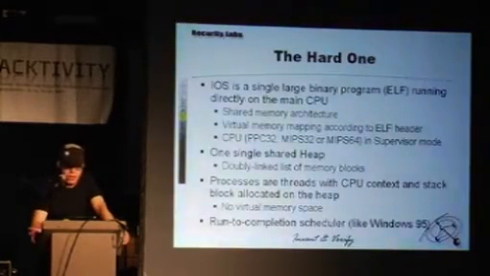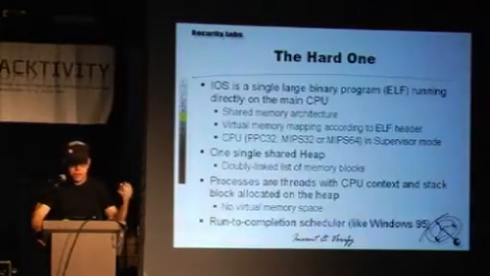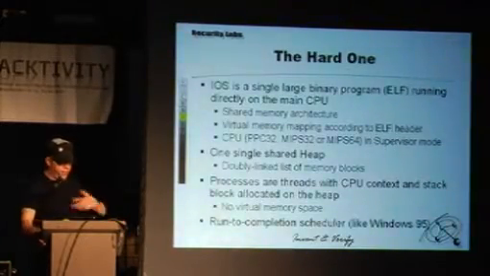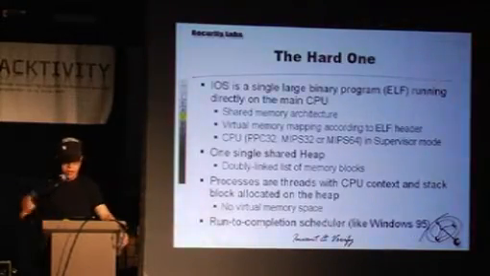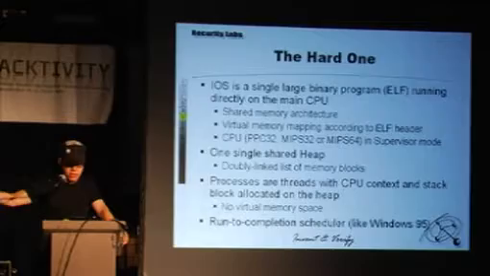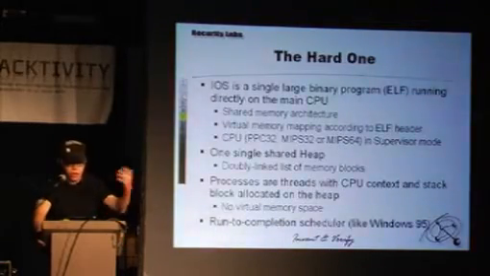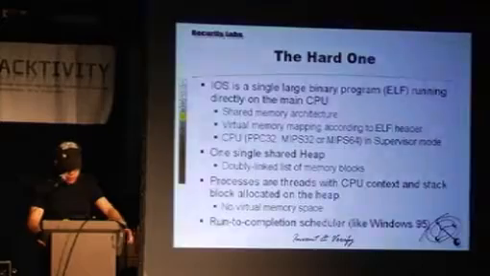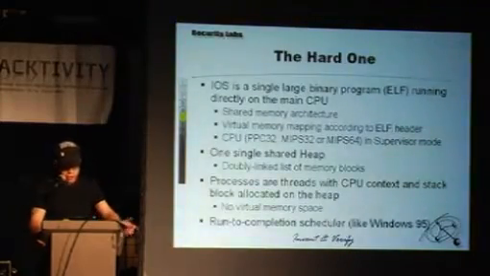They use a single shared heap, so every single functionality in this program uses the same heap. Like if in the FTP server you say I'm allocating 10 bytes, and in the OSPF routing daemon you're saying I'm allocating 10 bytes, you're allocating them on the same heap. So if something goes wrong, you're messing up the entire heap, right? And now you're probably gonna see why crashing is the only option they have.